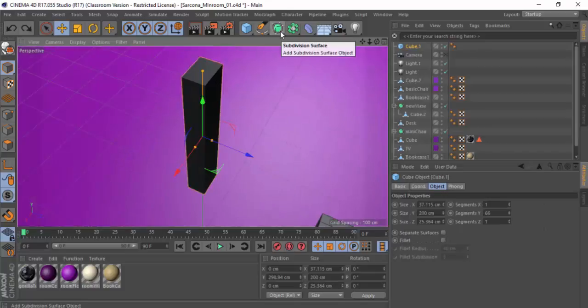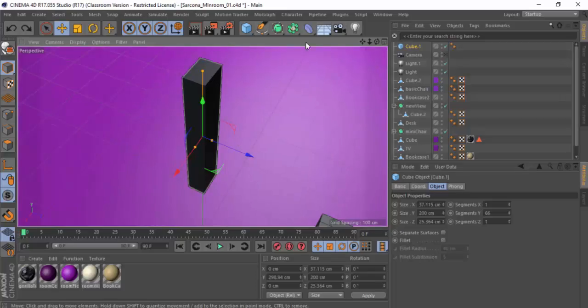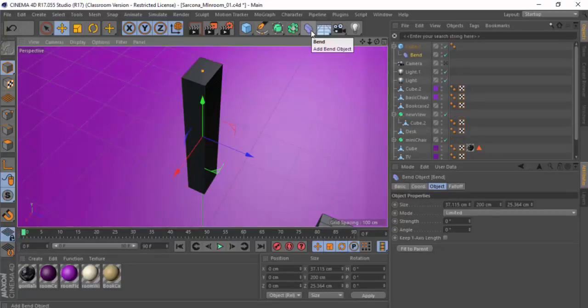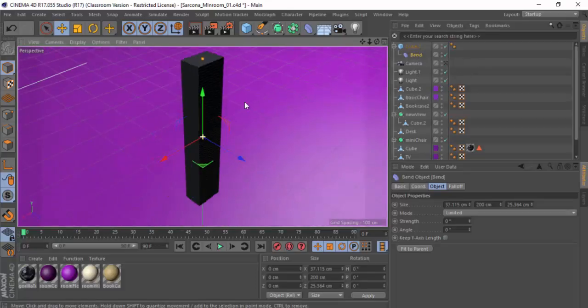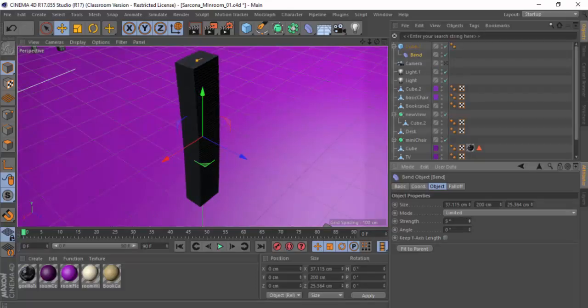The other one, which is the Shift Create, I'm going to go into here and click that one while holding Shift. And what happens is that new item is now the child of what I just created. Okay? Now again, these are just quick ways to do it without having to drag stuff around. Now what this does, this is a bend and it has to be the child of it, so that when I go to strength,